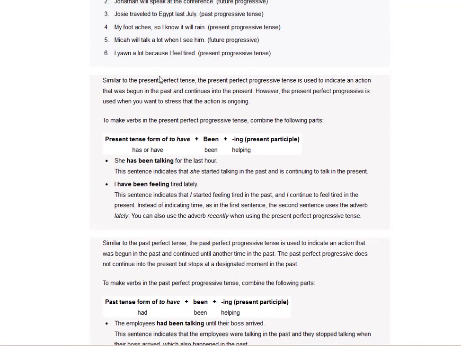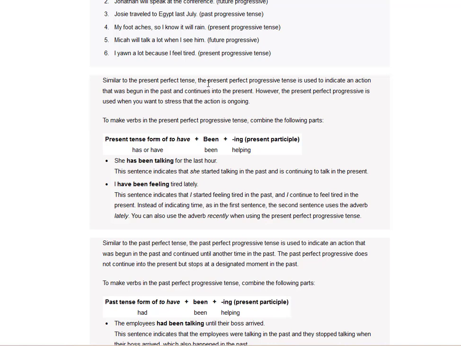So similar to the present perfect tense. And then the last batch is the present perfect progressive. And believe me, most ESL students do not know how to use this. Most ESL students stop at the first six. Let's see, the simple tenses, the progressive tenses, and that's it. And then most Americans do use the perfect tenses, and then nobody uses the perfect progressive tenses because it's so